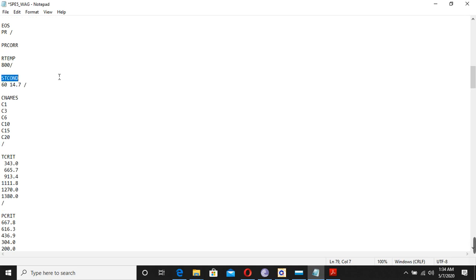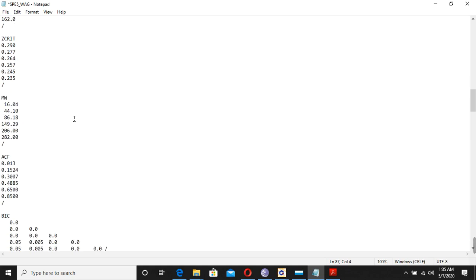Now another question comes: in the compositional model, how many components does it have? In this one it has C1, C3, C6, C10, C15 and C20. It has 6 components. Now I want to know how much mole percent C1 is, how much C3 is, how much C6 is, and how much C10 and C15 are.